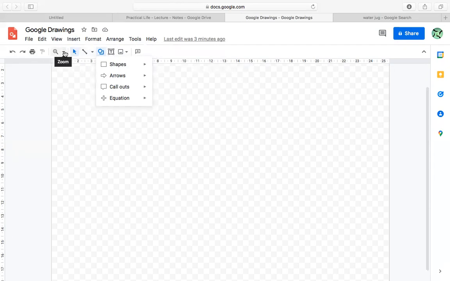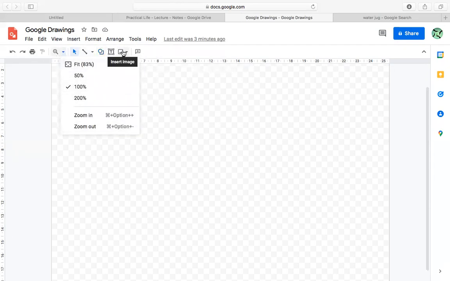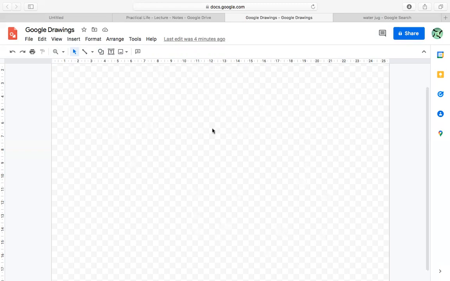Here we have the zoom. To insert any image, we can insert it from here, or just copy the image and paste it here. So this is the canvas, where we actually draw things. Okay. Now,